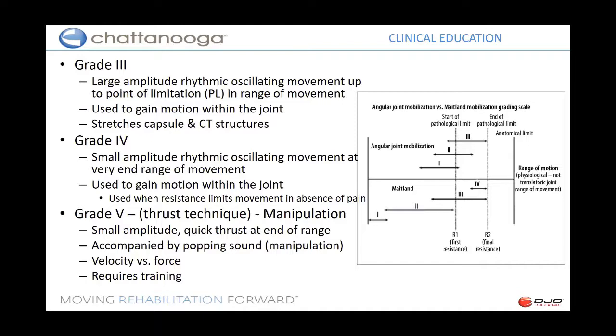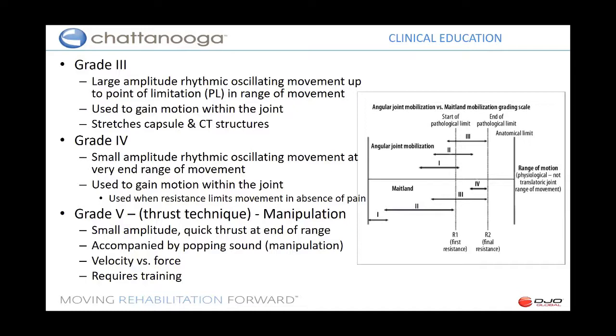And maybe you just hold it, or maybe you oscillate back and forth, not with a high degree of force, not with a great amplitude. And I've seen people do this when I visited clinics, and I asked them, why do you do that? Oh, it makes the patient feel comfortable. Well, there's actually a reasoning behind that, and it's legitimate, and it's a grade 1 or a grade 2 mobilization technique, and it's used